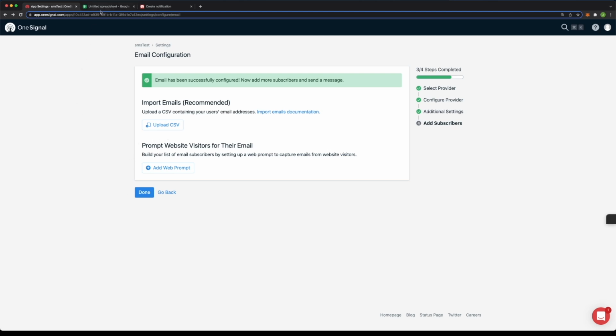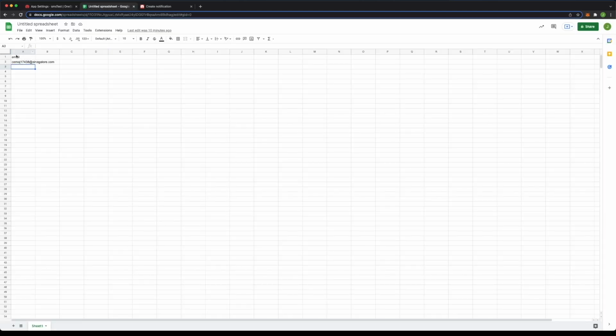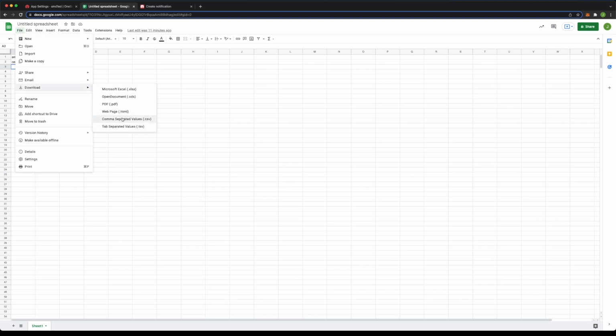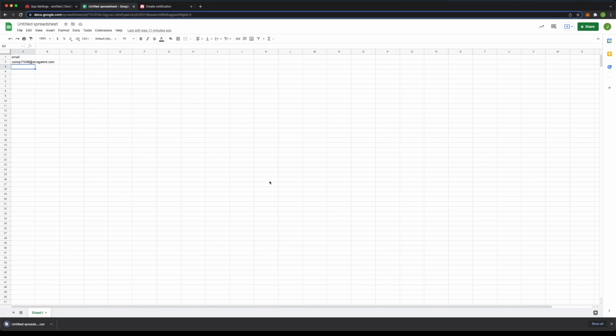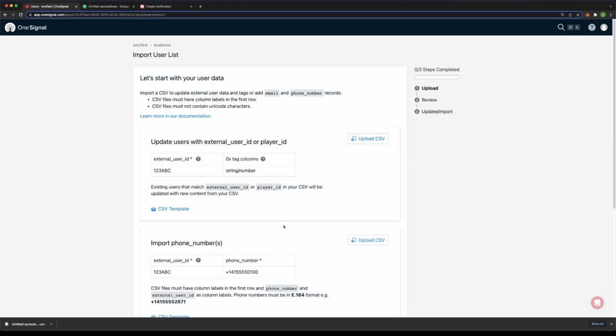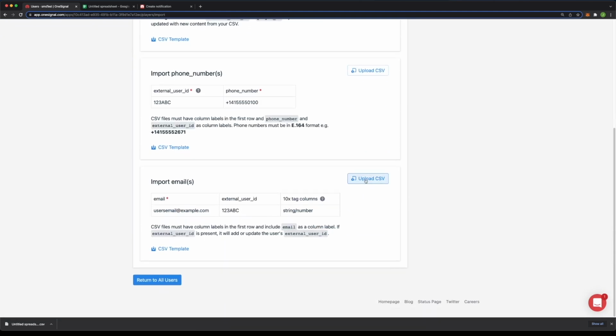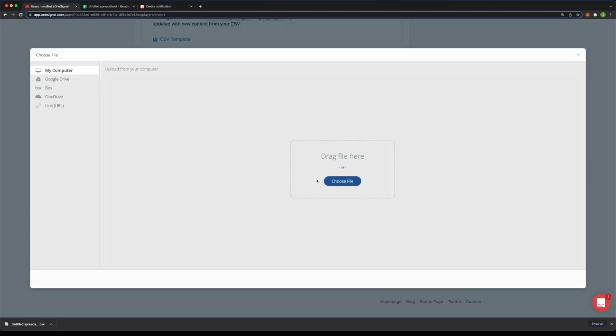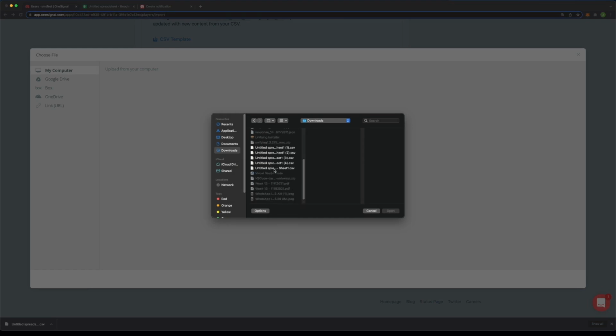Now here at the top, I have a tab open in Google Sheets with this column named email and this massive list of 1 email that we can receive test emails to. So we'll do File, Download, Comma-separated values. And now we have that. We go back over here, upload CSV. So we can upload our emails. If we choose a file, go to downloads, it was, I think, this one. We open it up